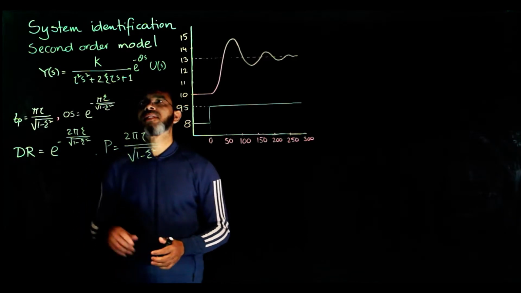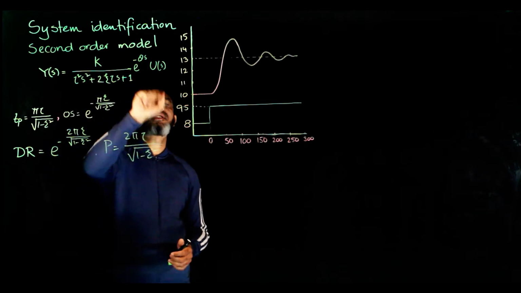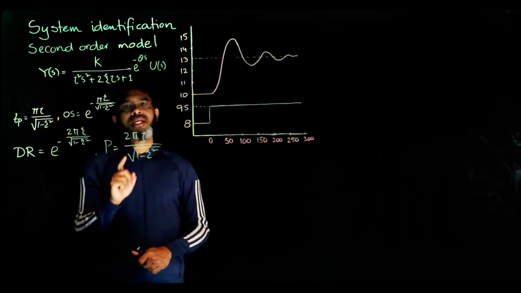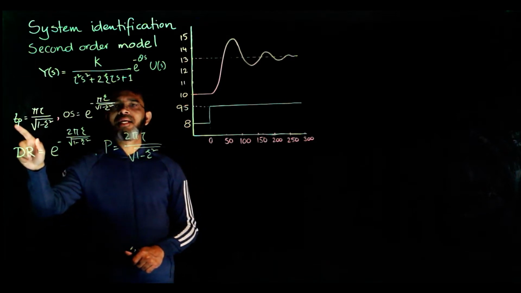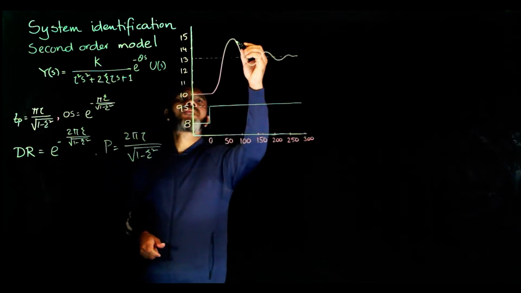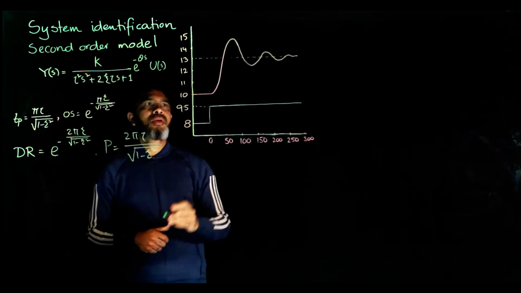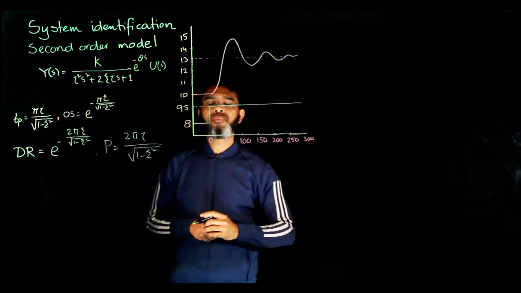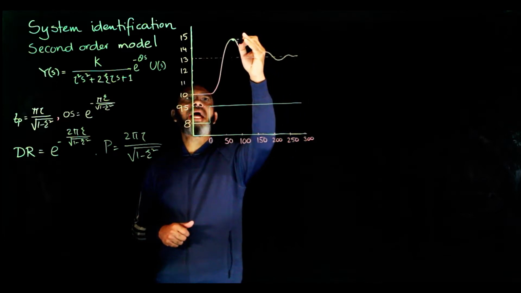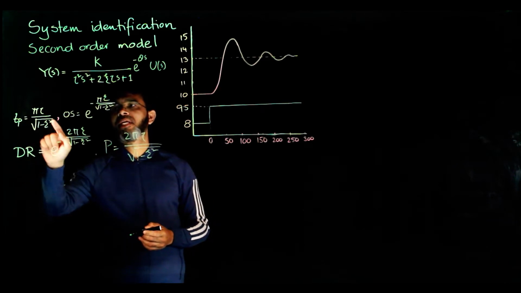What do I mean by the model parameters? These are K, the gain, tau, the damping coefficient, and also the time delay. By model response characteristics, I refer to the time to first peak, which is TP, the time it takes for the response curve to reach the first peak. We have seen that the response oscillates around the final steady value, so it reaches peaks several times. The time to the first peak and its relation to the model parameters are given by this equation: